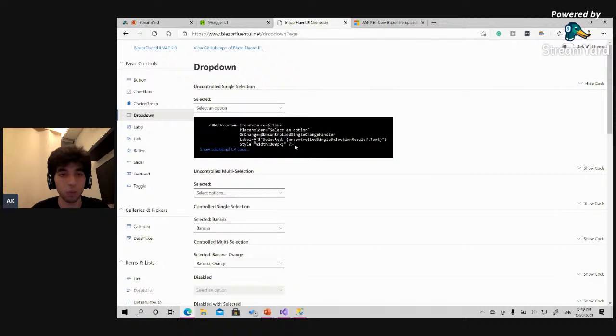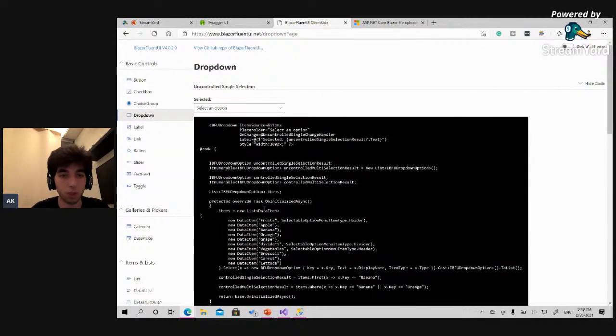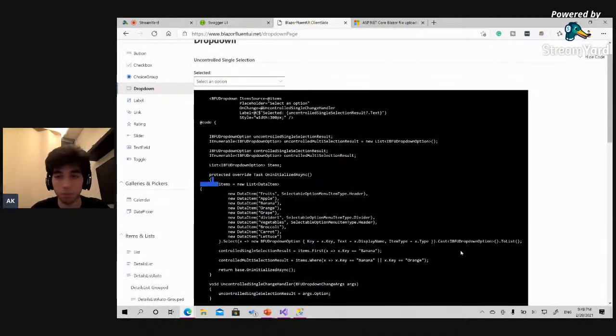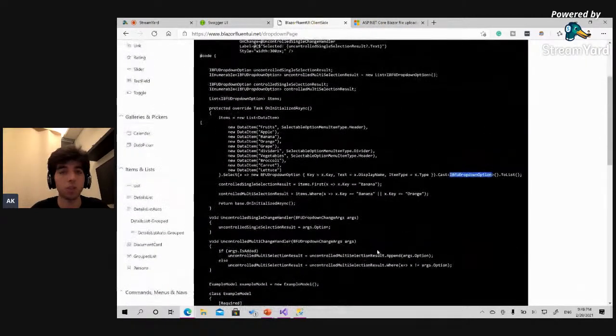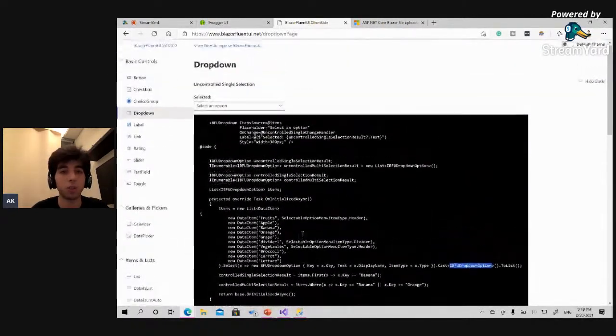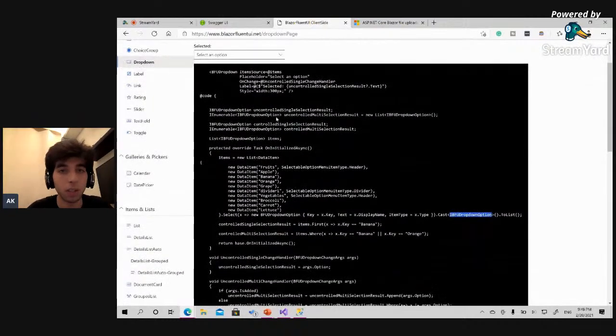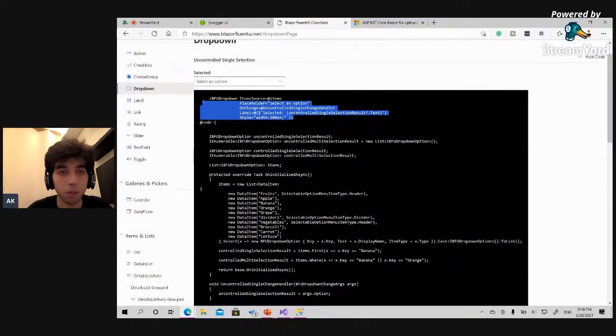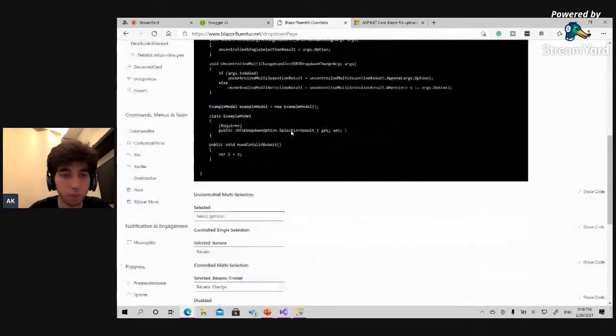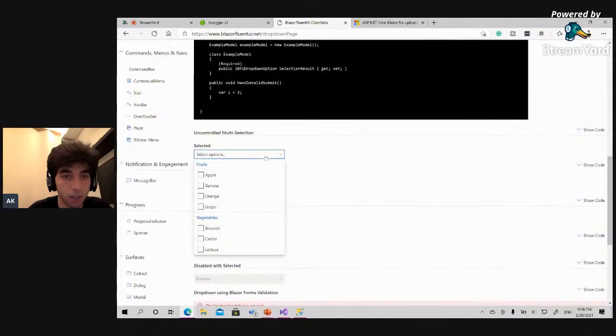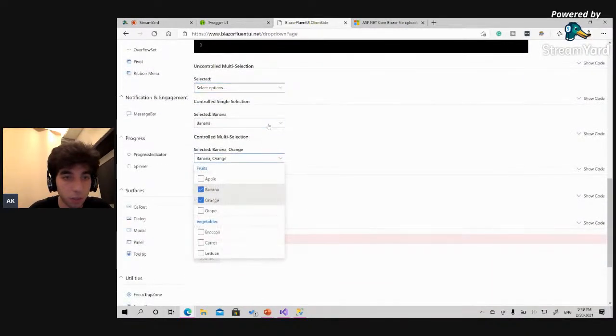Let's see how we use this one. Item source, data item. Yeah, this is why it was a wrong decision to choose Blazor Fluent UI, because it is so complicated. Like even just a simple drop down needs all this amount of code, which I don't think is logical to have, but I need it to be very simple because it is just